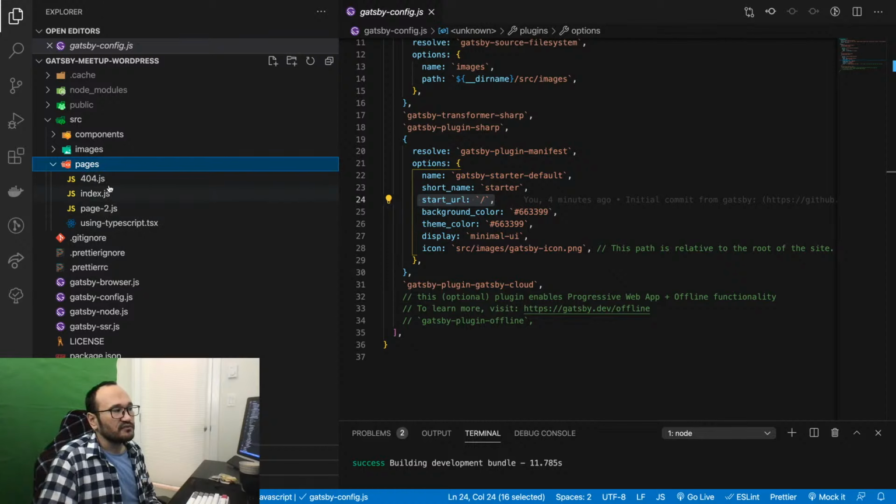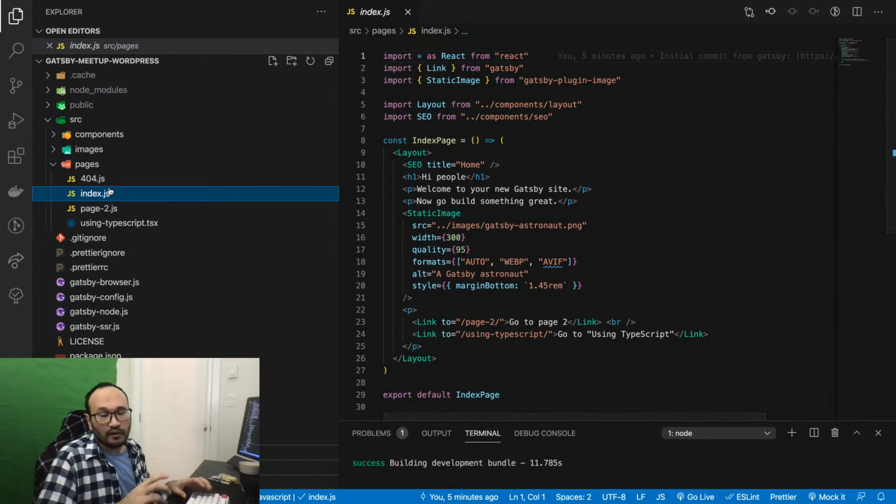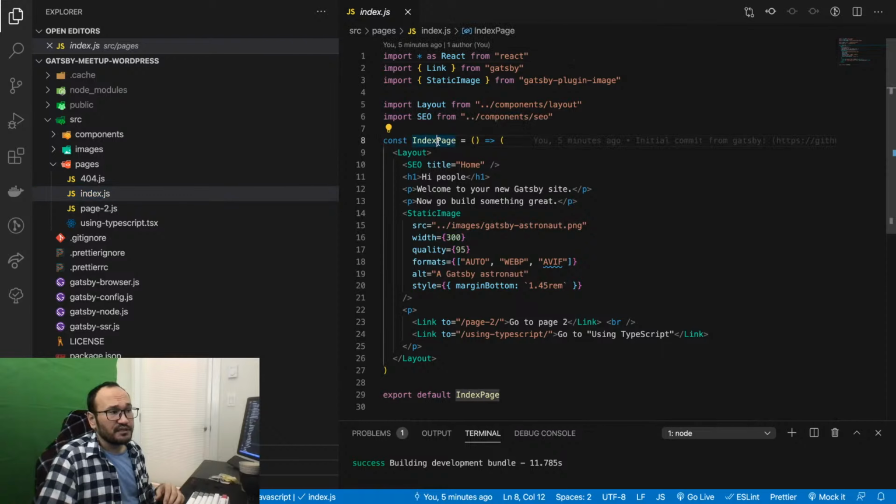You see 3 pages. The 404 page shows all the errors for you. If you have an error in the page, it will just show that page for you, the not found page. There's a difference between the 404 page locally and in a production build. When you build it, it's going to show it a different way, so you can customize it the way you want. And then we have a home page, which is the index page. So you see here everything you have.